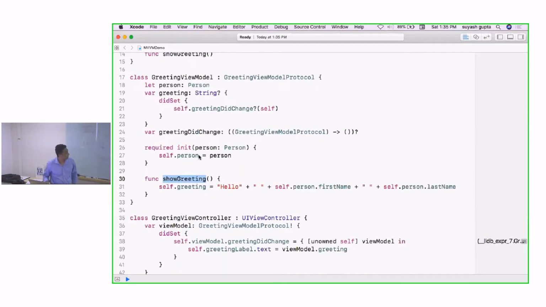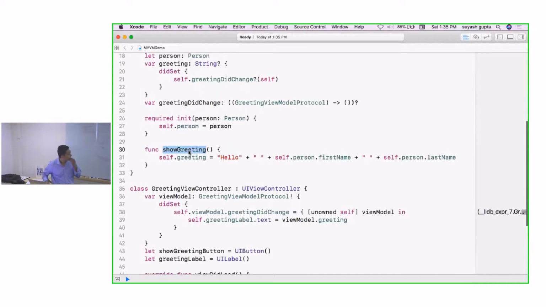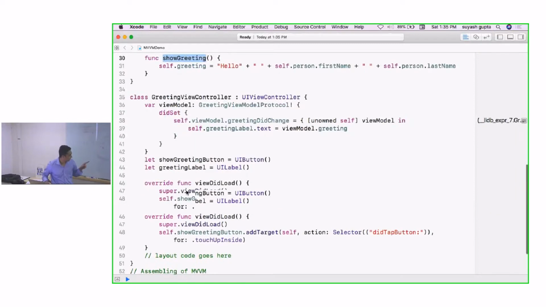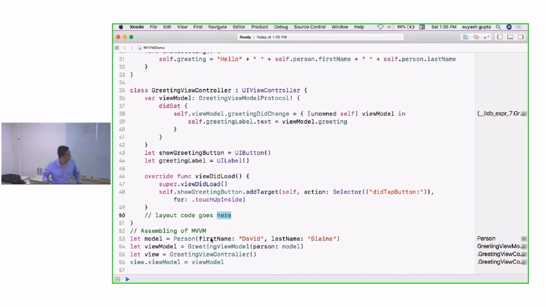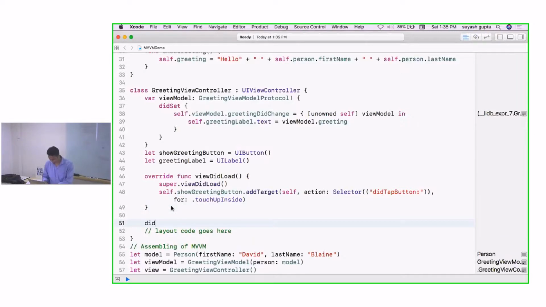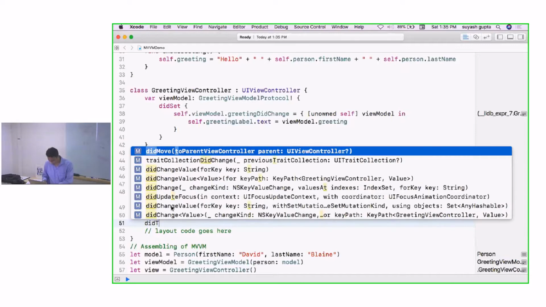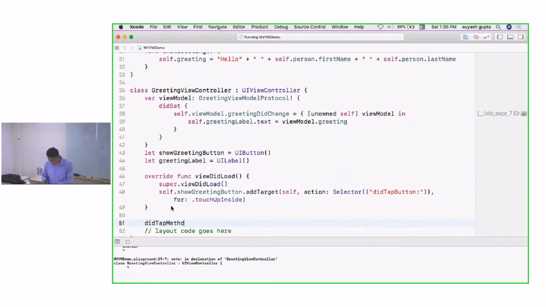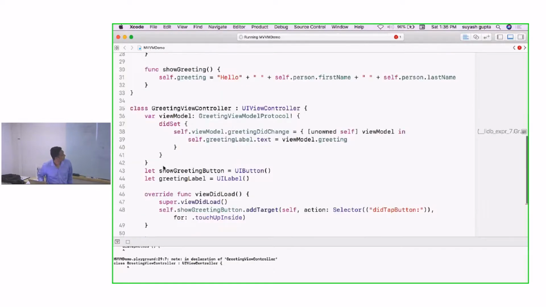and you are initiating the view model. Once the view model is initialized, what you are doing is the greeting is inside the view model. This didTap method is a UI method, implemented for the button click. So this method will be